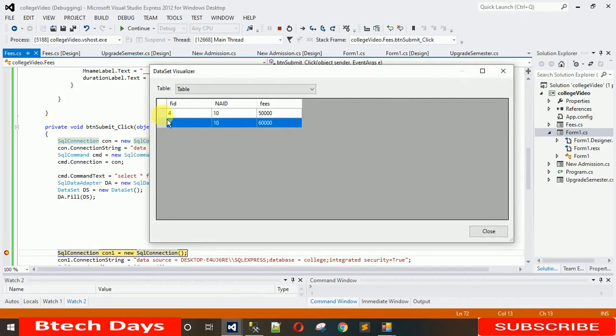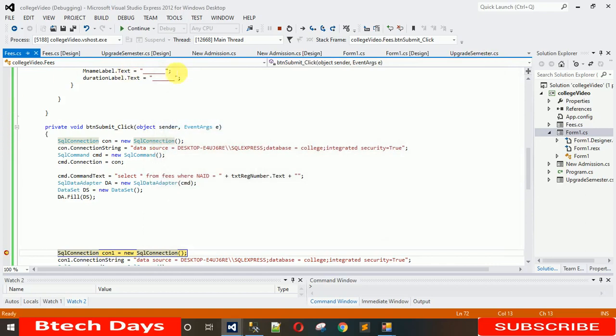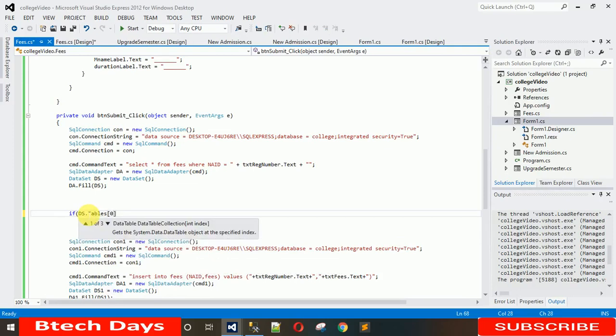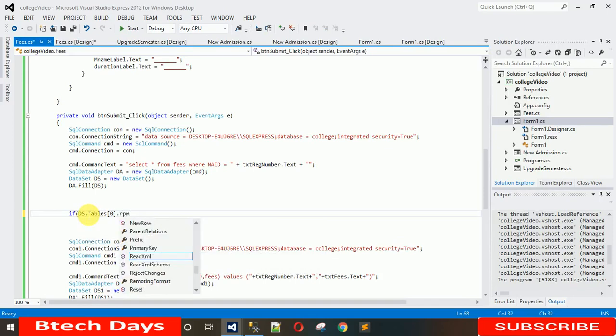If the fees is not submitted, then that ID is not in the database. So this table will be null. So let me just remove this. And here we need to check one condition, that is if this ts dot table rows dot count